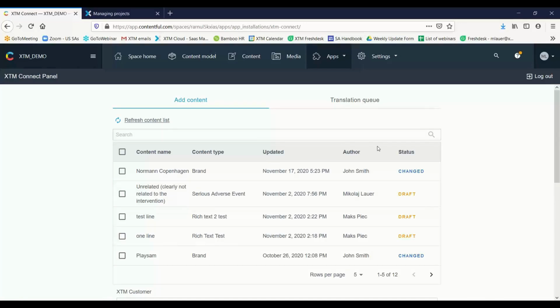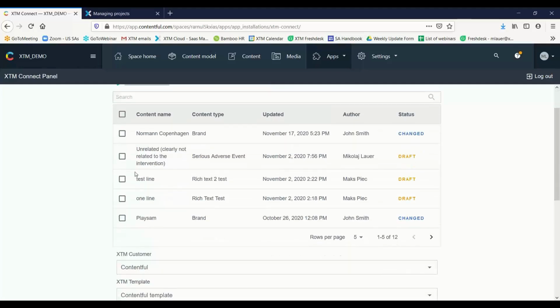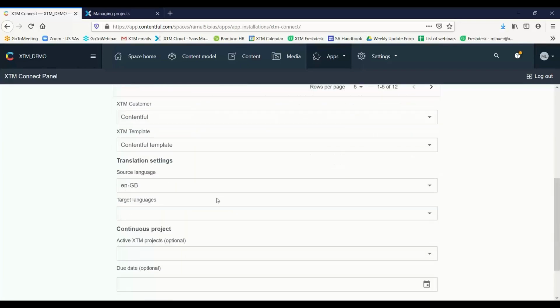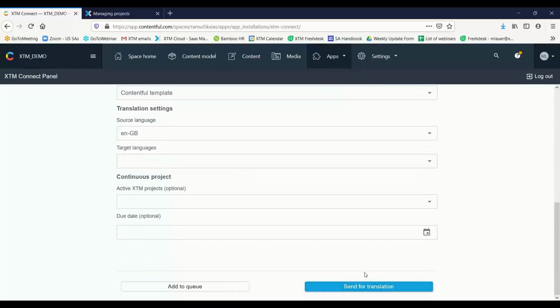We can also send multiple types of content, multiple articles or entries to XTM in one go, which means that if you select that specific content name or all these items, which I showed you before, like XTM customer, template, and also source and target languages,